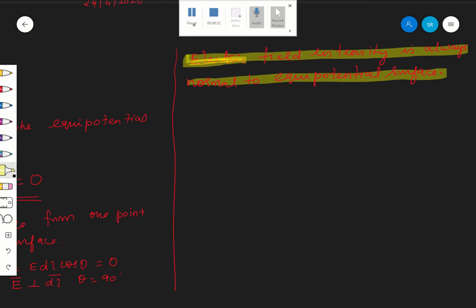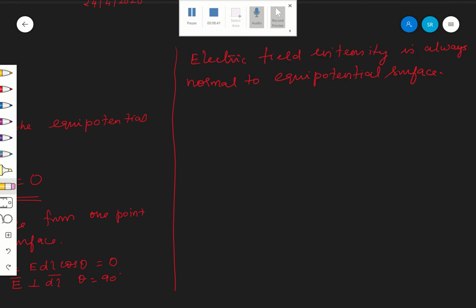Therefore, electric field intensity is always normal to the equipotential surface. Are you following? Right. Now, for a point charge, a single charge Q,